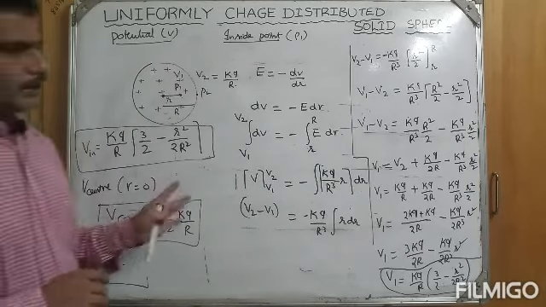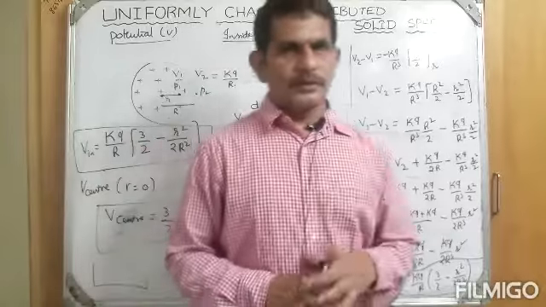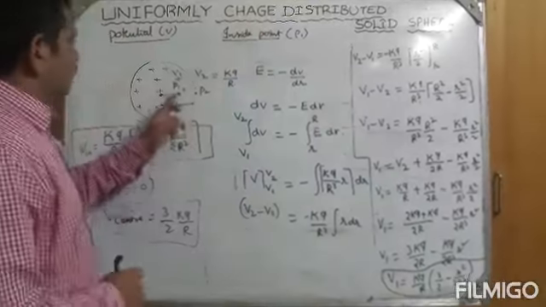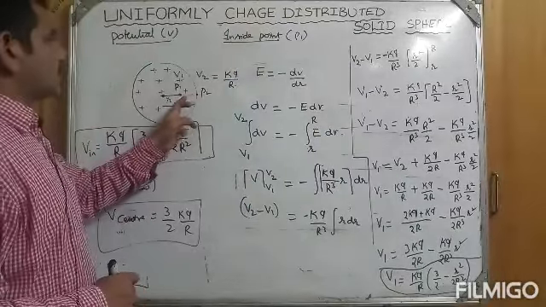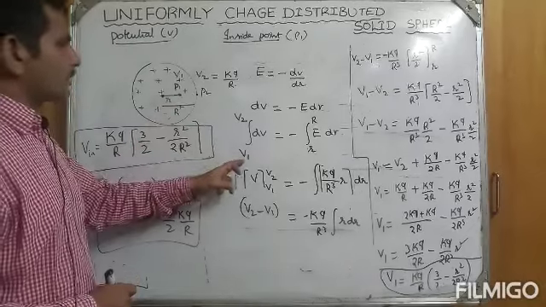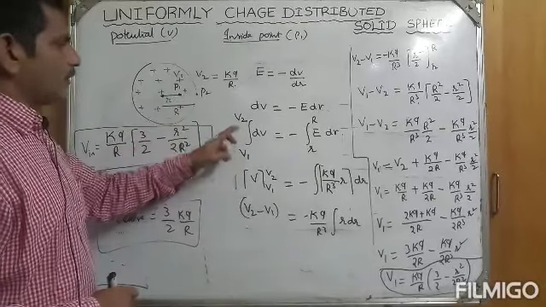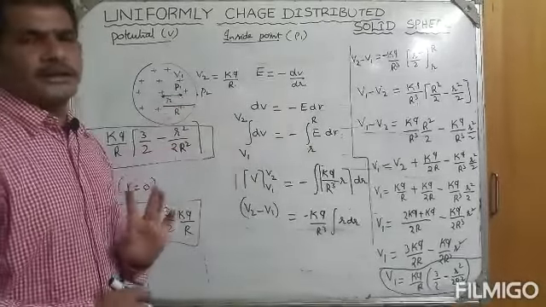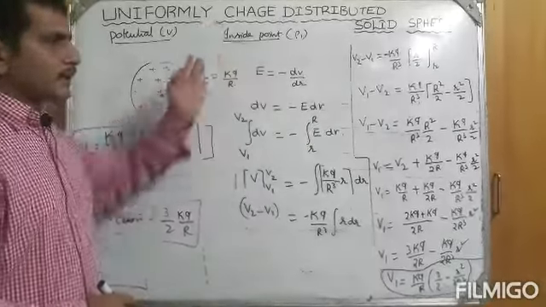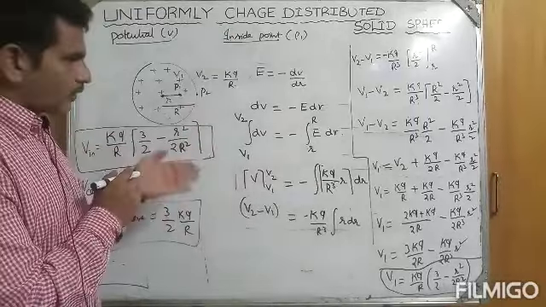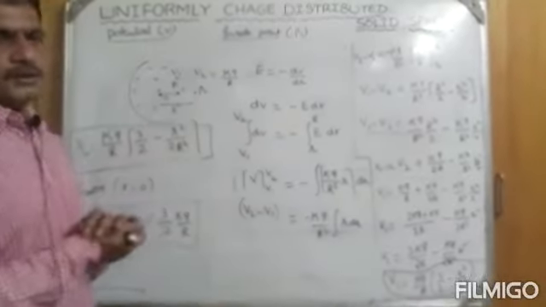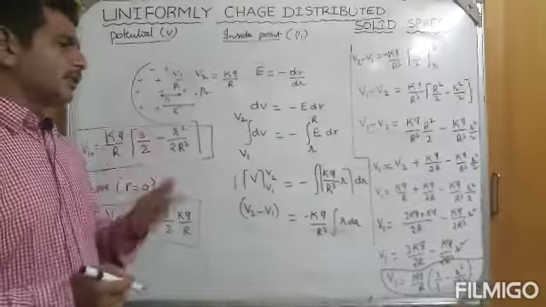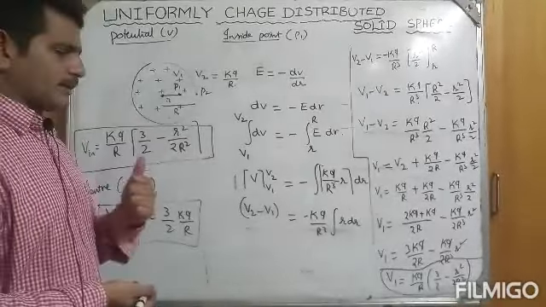So if you can't understand this derivation, two important points: from where to where you are doing the integration, P1 to P2. So the limits: potential V1 to V2, and distance from small r to capital R, you are doing integration. These two points keep in mind. You can follow, read and watch once and twice and write the notes, you can understand. Okay, right.